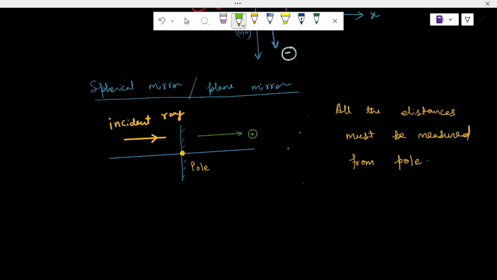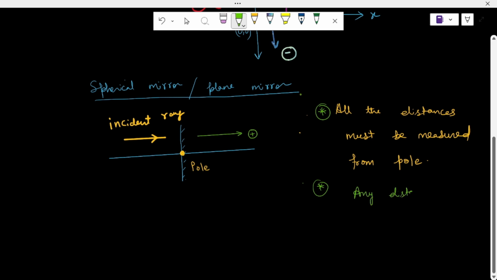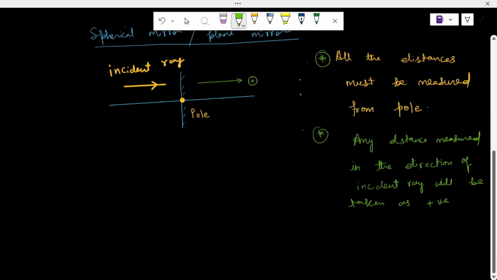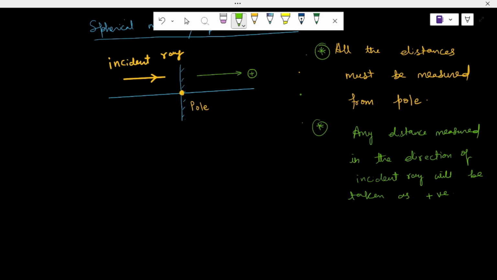So the second thing we can write: any distance measured in the direction of incident ray will be taken as positive, and anything opposite to incident ray, and vice versa, will be taken as negative. It simply means that if this is the pole, the center of the mirror,